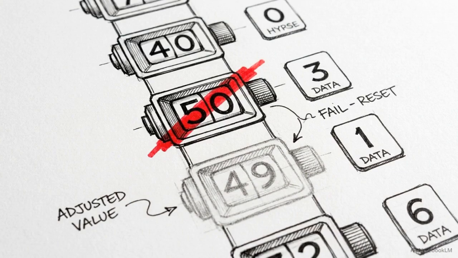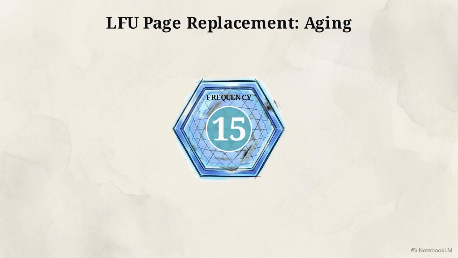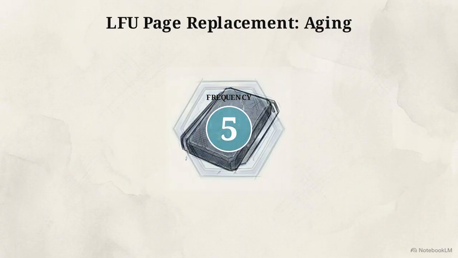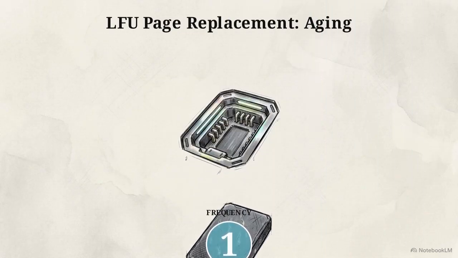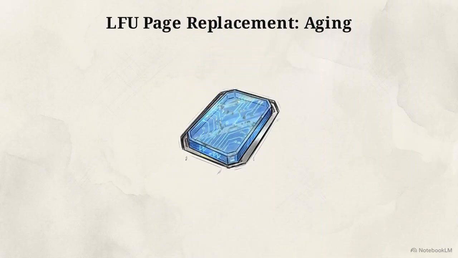To make this algorithm viable in real-world environments, engineers apply an architectural mitigation known as the aging technique. This visual demonstrates the mechanics of aging. A periodic pulse sweeps the system, systematically decreasing the counter values of inactive pages over time. This periodic decay acts as an equalizer, eventually stripping obsolete pages of their mathematical immunity, so fresh data can enter.